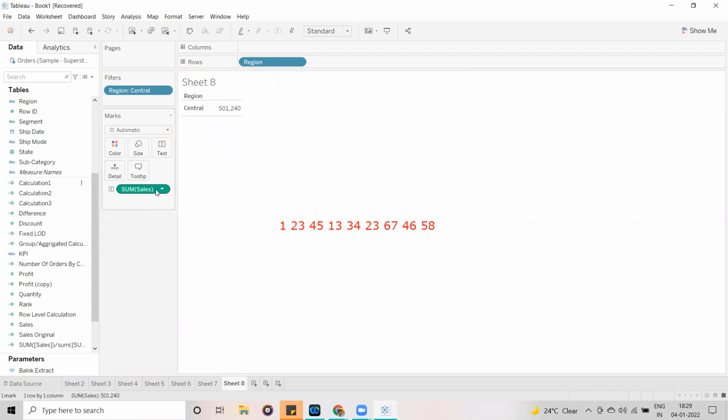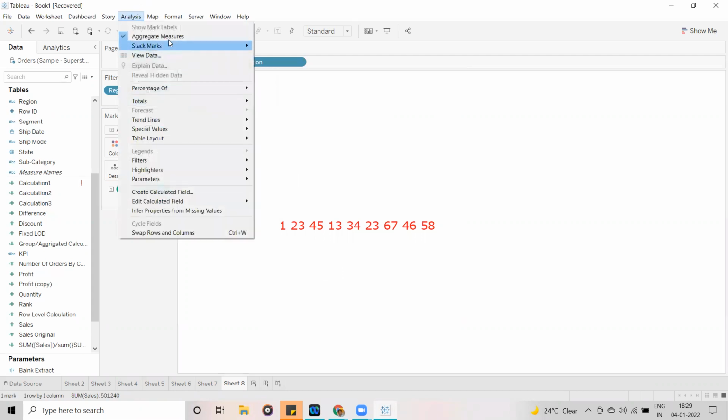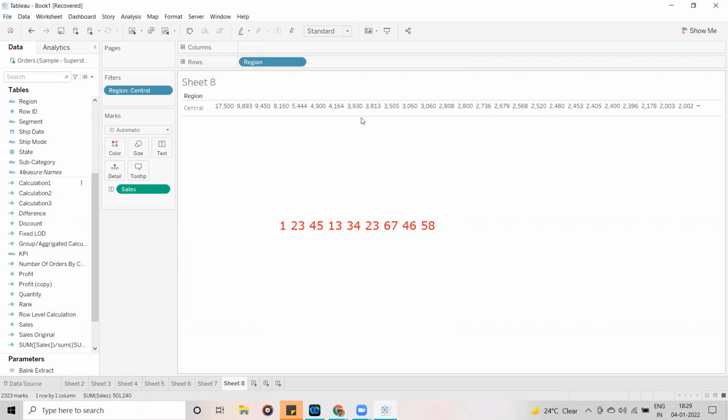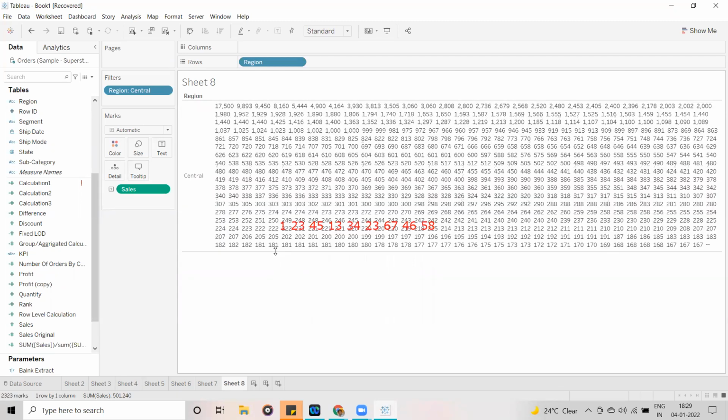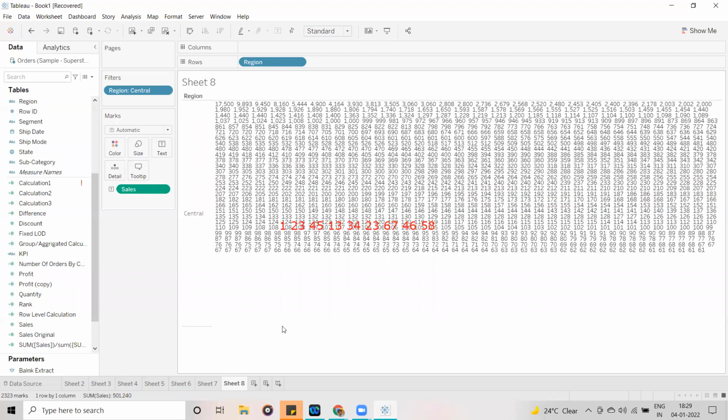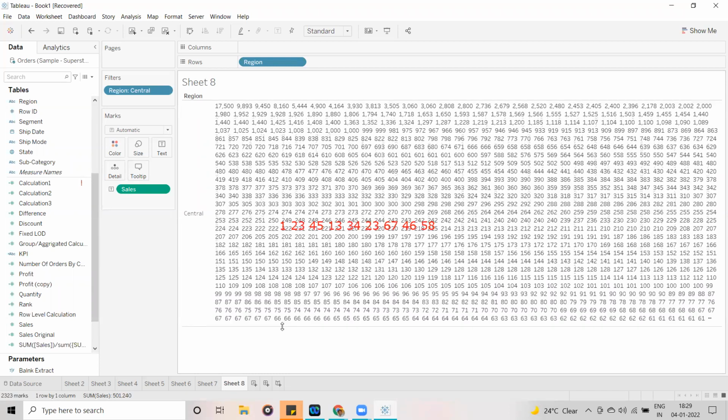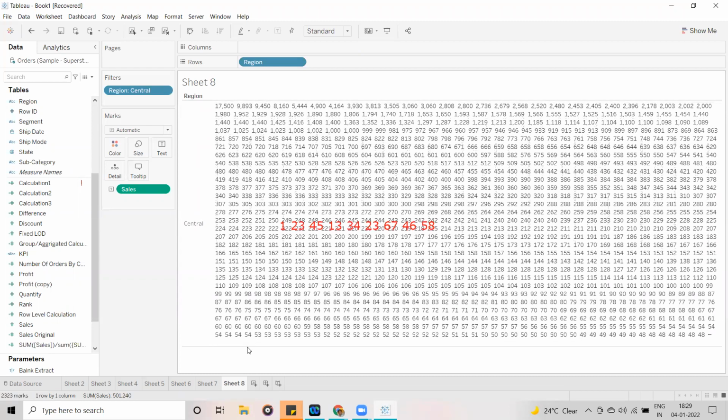Then I remove the aggregations. Now these are the different values I am having. See, this many values we are having.